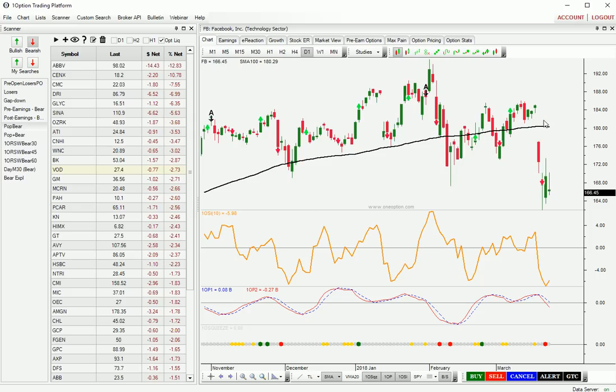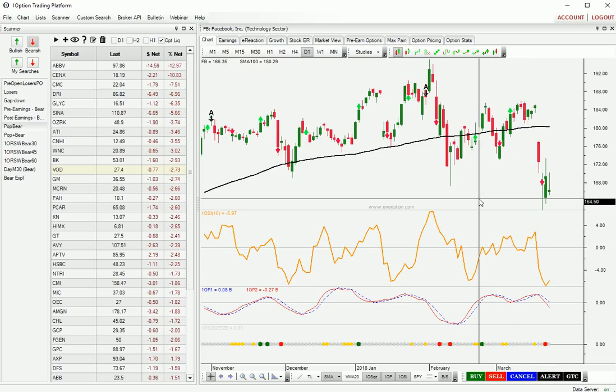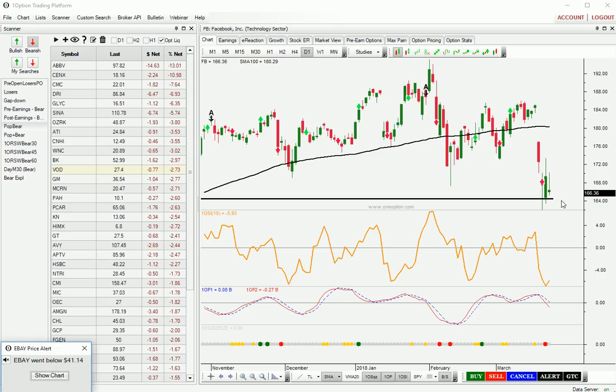Facebook broke down through this 100-day moving average, sold off hard. It's actually down today. It's still holding these recent lows, so we should see some buying coming in at this level right here. And I'll put just a day alert on it. If it breaks that low right here, so this is where the stock opened and then it closed on its high of the day,